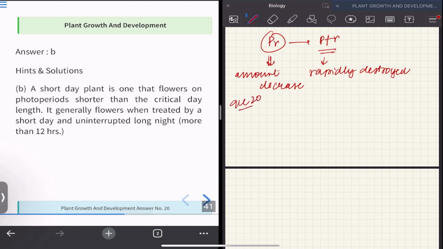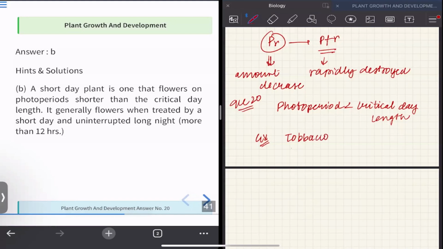Question number 20, photoperiod, which is shorter than the critical day length. Okay, and we studied the example for short day plant. Examples for this are tobacco and Glycine max. Okay. So